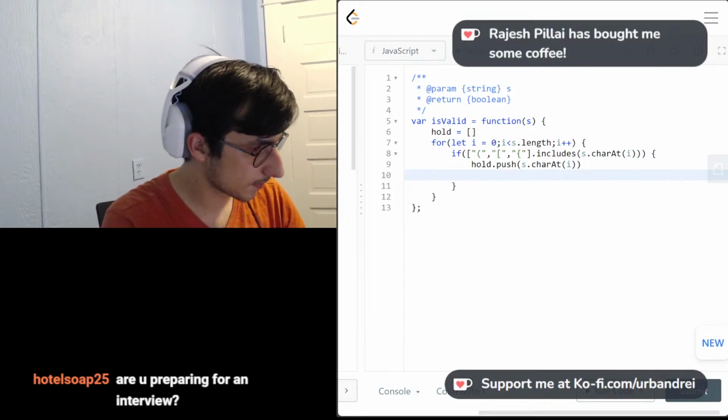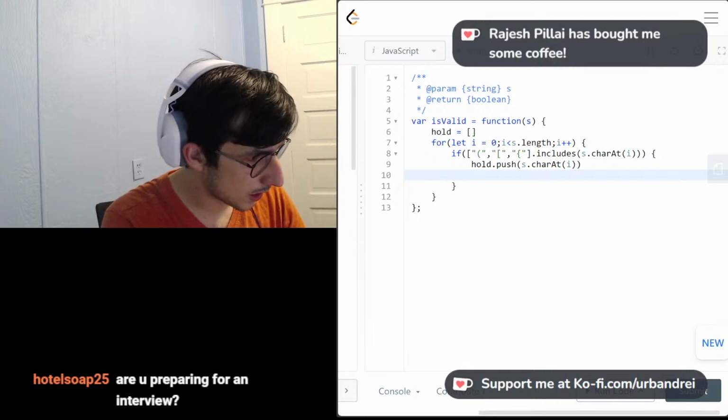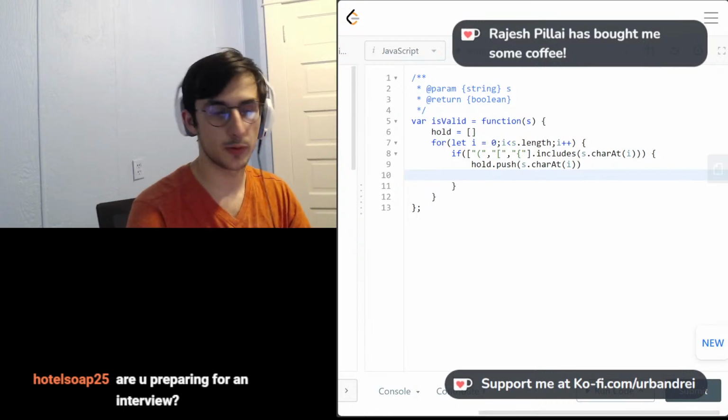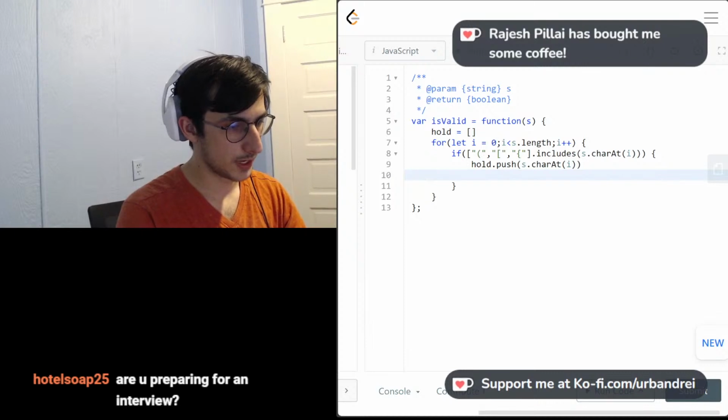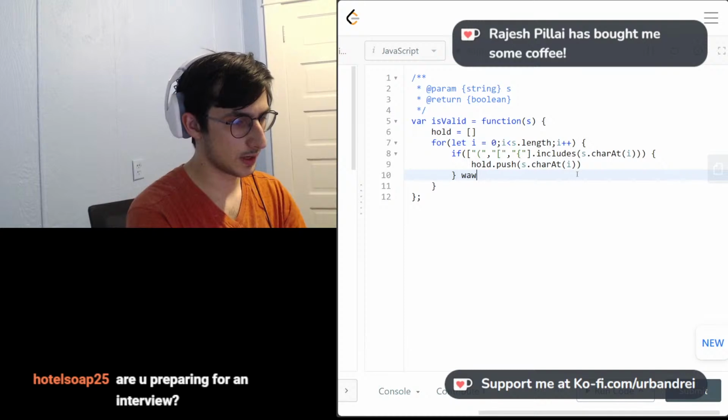Shift adds, push adds to the end, pop. Okay, good. Pop and push is what I want. Just making sure I remember the syntax properly. Okay, so we push it to the end, else